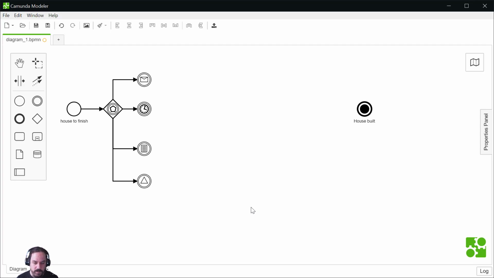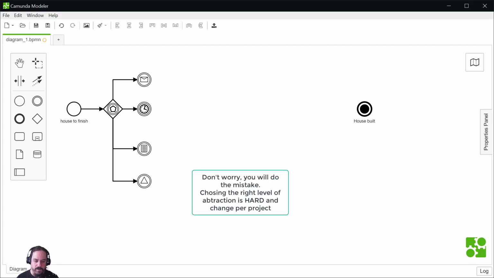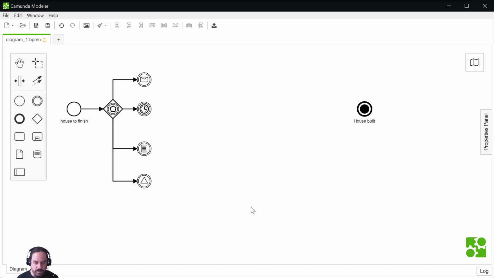So it's very important to have different processes and not have a huge process that starts with the client visiting the website and ends with the client receiving the order. That's wrong. You need a process like passing order, then preparing order, then shipping order.